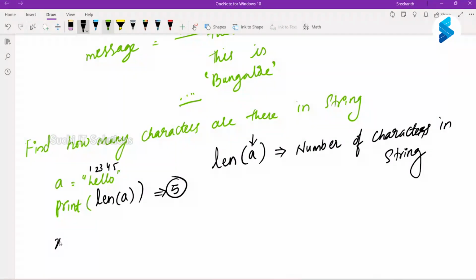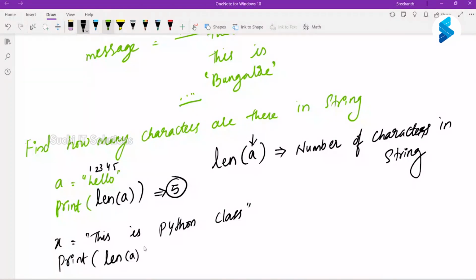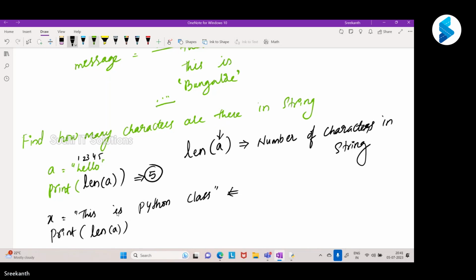X is equal to this is Python class. If I have to say how many characters are there in this, I'll use the len function. But can you tell me how many characters are in this? 17.